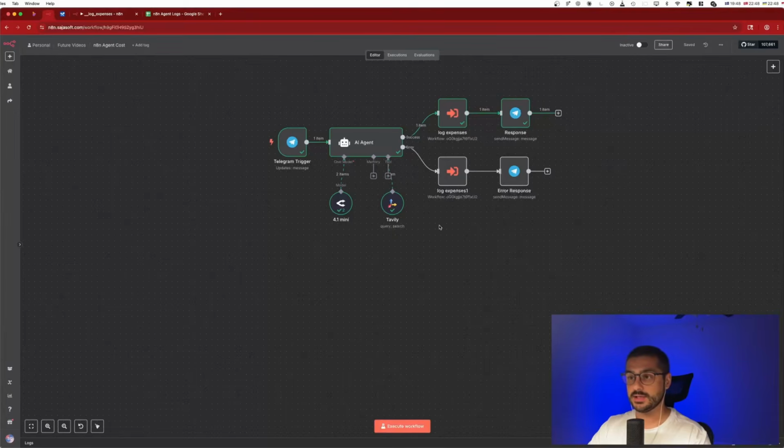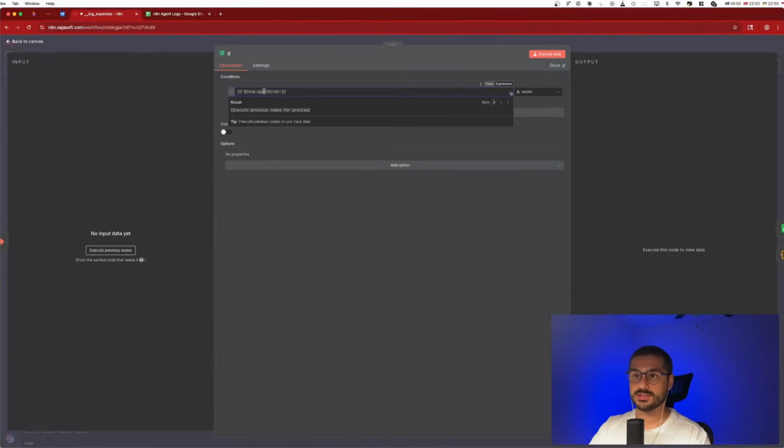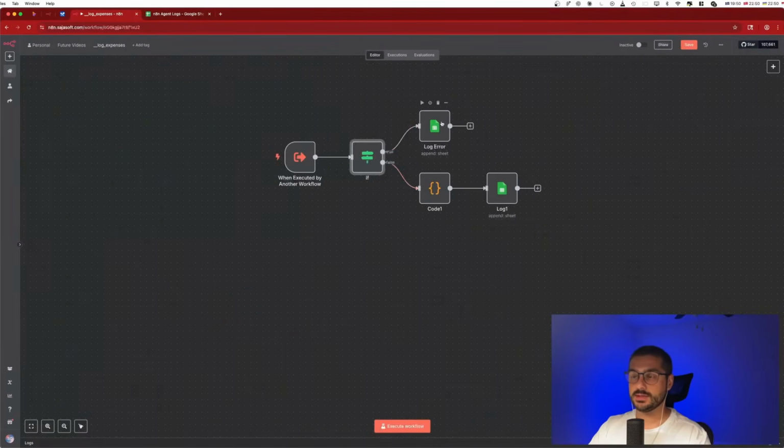Let's take a look here at how exactly this workflow, log expenses, that I created is structured. So what does log expenses actually consist of? It's a trigger node. If else, here we're just checking if this parameter exists, which means some kind of error occurred. I'll show you how it works a bit later. If there's an error, then we follow a separate branch.